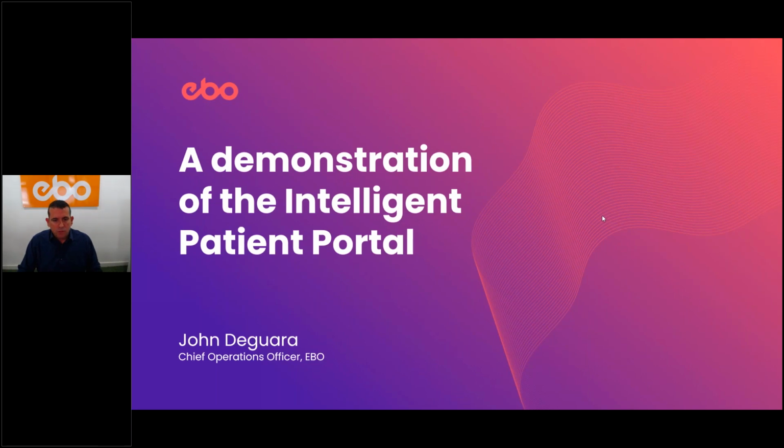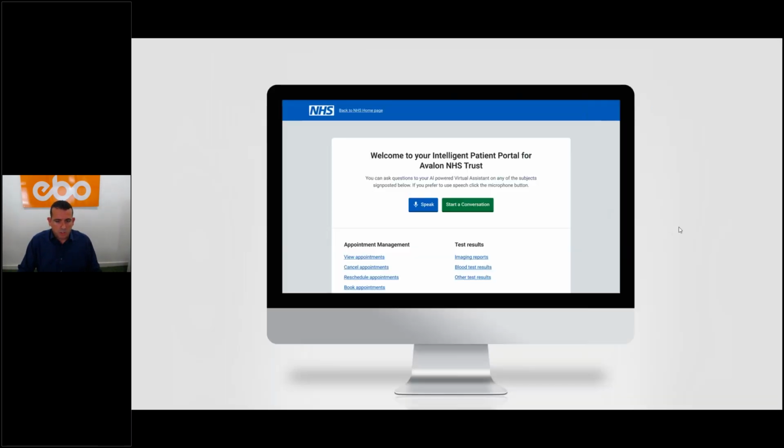Okay, guys, so I've just got a few slides and then I'll break into a bit of a demonstration. When we were designing this, previously, we have already deployed a number of these use cases across a number of trusts. We were using what used to be the chatbot, and moved to a virtual agent widget on a website. So what we want to do is move to a central portal that would take over the desktop, take over the mobile phone, still provide the advantages of the portal, but also introduce the idea of conversational AI to the portal.